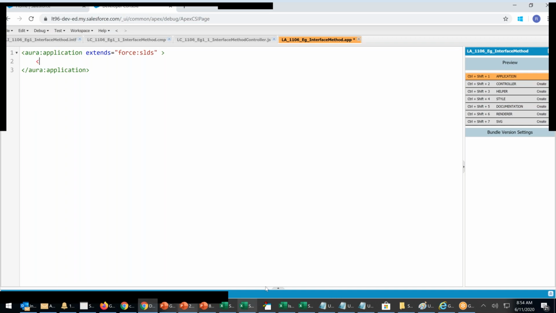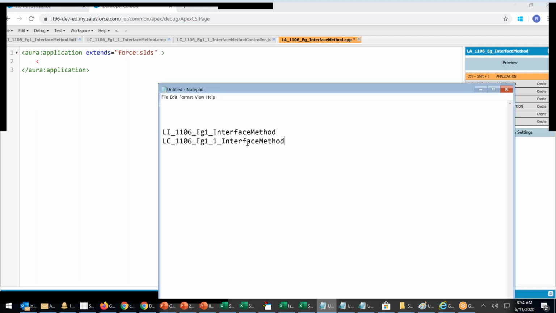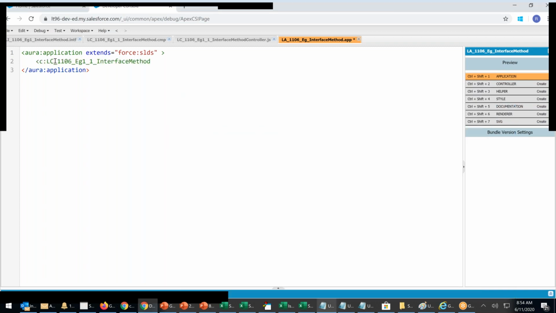The component name is c: followed by the component name. Control S. Click on preview. I will just get one small button called submit.